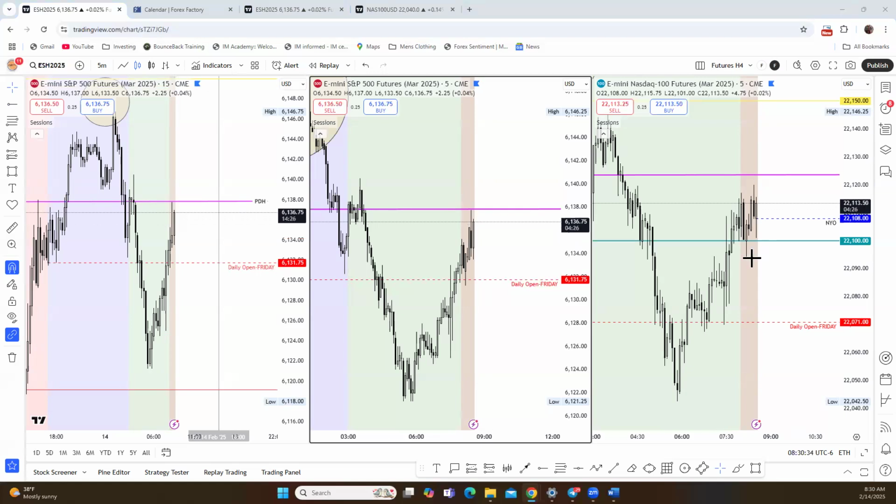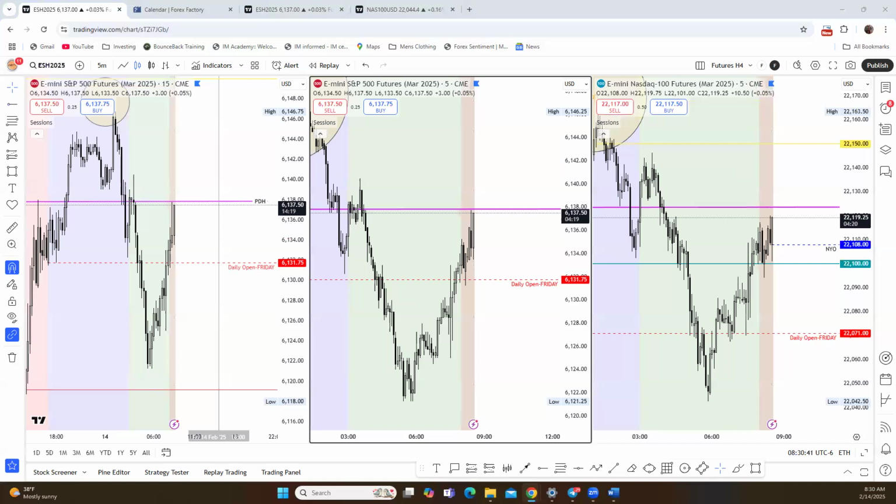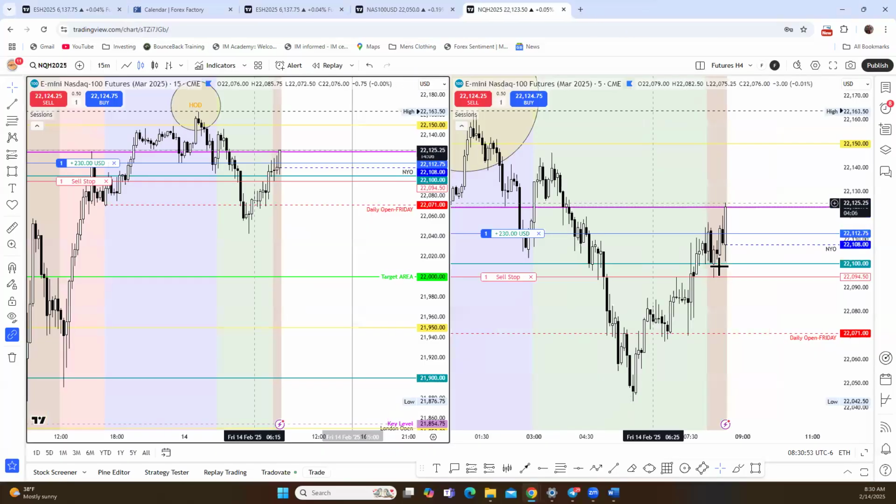The 5-minute play doesn't look bad here to extend up, which I ended up taking a futures position for my risk right here. We'll see if that can play out. Now we want to get above that HOD and protect, because if it can rally out the shorts that have been holding, then that's great. Just so you guys see how my entry looks, that's basically the 5-minute play I took. Let's see if it plays out.